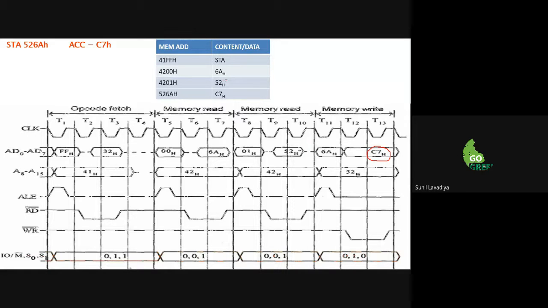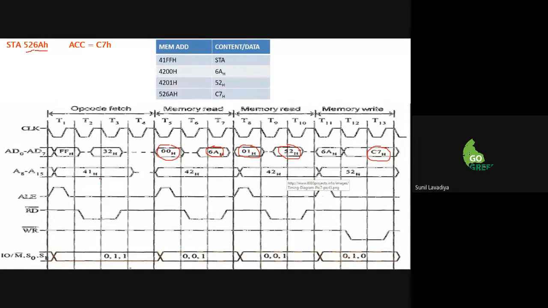The address of the first one is double F. It's okay, no need to write it down. 32 also no need to write down. Then from this one you have to write it down, because it's 6A and 6A is mentioned here. And the address for it is 00. The next is 01. And what is the data for the next one? It's 52. So 52 we have written here. I'm again saying that if you don't write down anything apart from the circled items, it's okay.